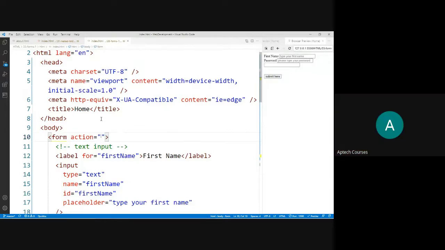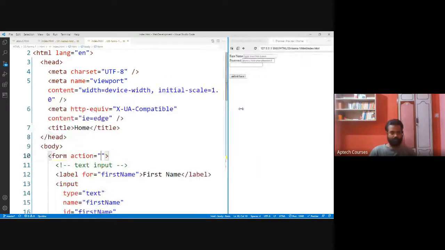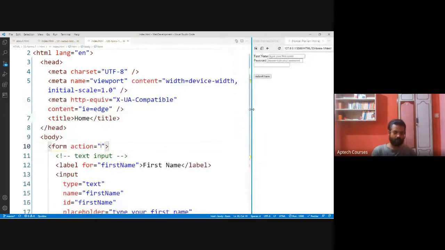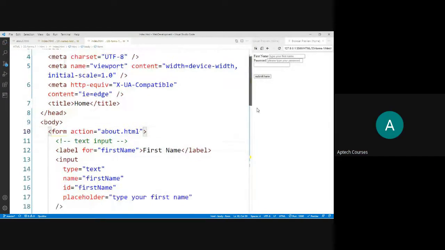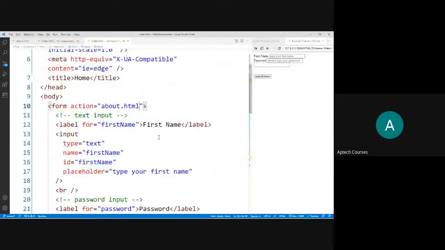For example, currently we are in the index.html. Let me go to about.html. Once I click on submit, that data should be submitted to about.html. That is the source I'm specifying.